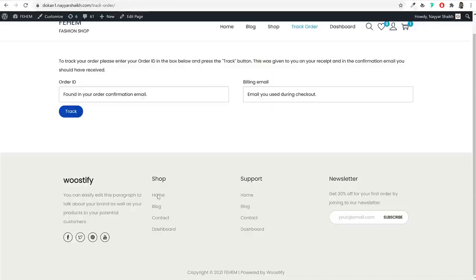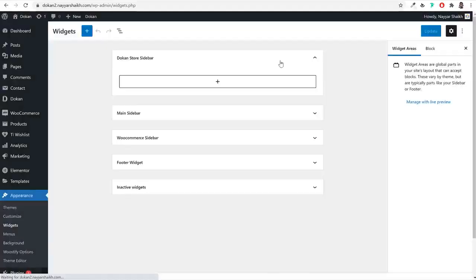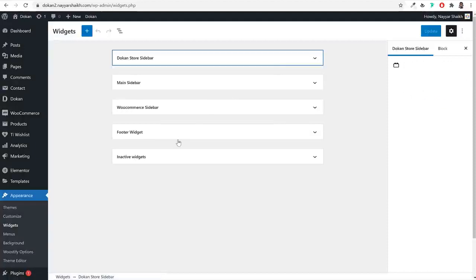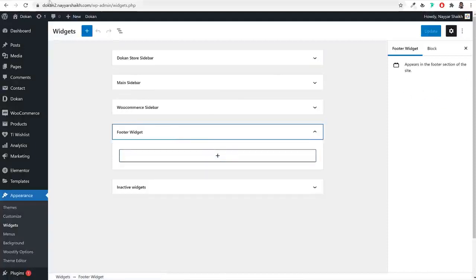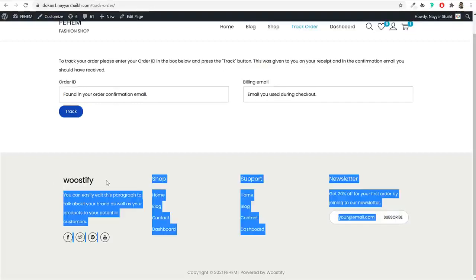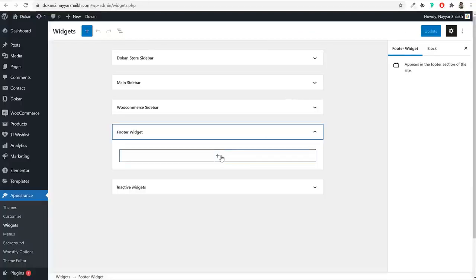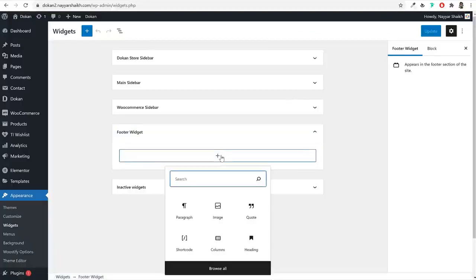Now let's see how we can create this footer. For that, again under appearance you will see widgets. Click on that. Those things will be under footer widget. So first thing that we have is this thing. This is the text. First we have the title, then we have some text, and after that we have some social media icons. So for that again we'll come back to widgets, click on this plus button and search for